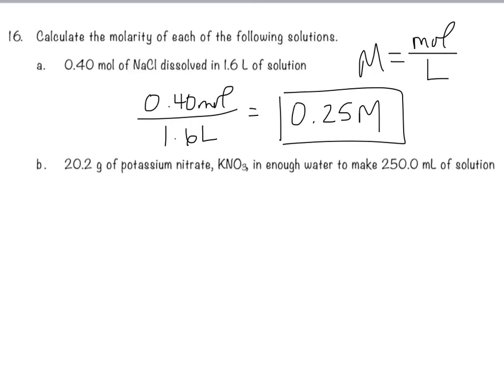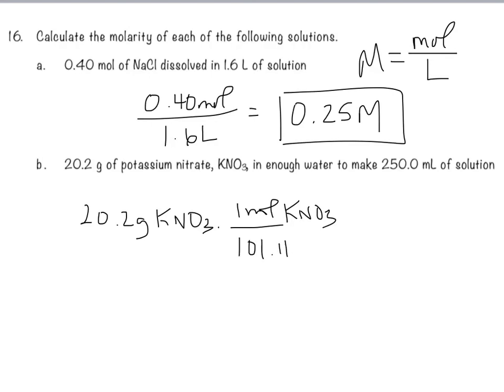The first thing I have to do is find out how many moles 20.2 grams is. So I start with what I know, 20.2 grams of potassium nitrate. Well, I look up the molar mass, and I know that 1 mole of potassium nitrate, if I add up their masses, I find that its molar mass is 101.11 grams of potassium nitrate. Grams of potassium nitrate cancel. I take the 20.2 divided by 101.11, and that's going to tell me that I have